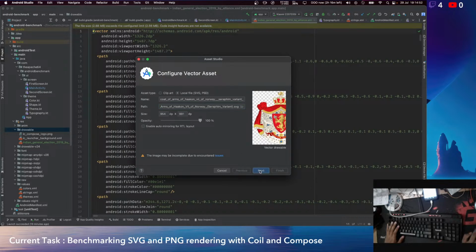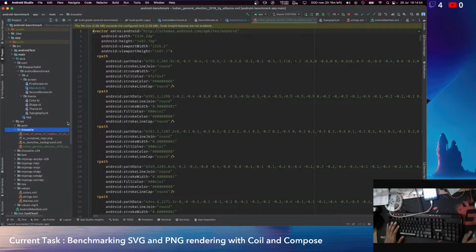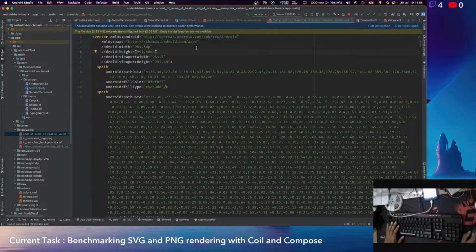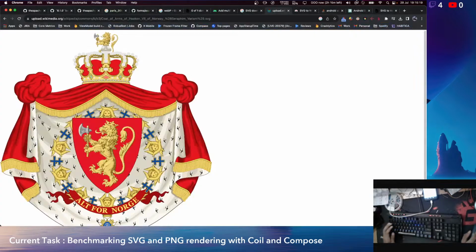Okay, let's anyway convert this to vector asset and see how the output looks. The file says 2.3 exceeds the configured limit 2.56. Code inside feature are not available. We have a preview option in Studio, right, for XML vector asset. How do I enable that? I think since this is a large SVG, that feature is not supported. We'll try with